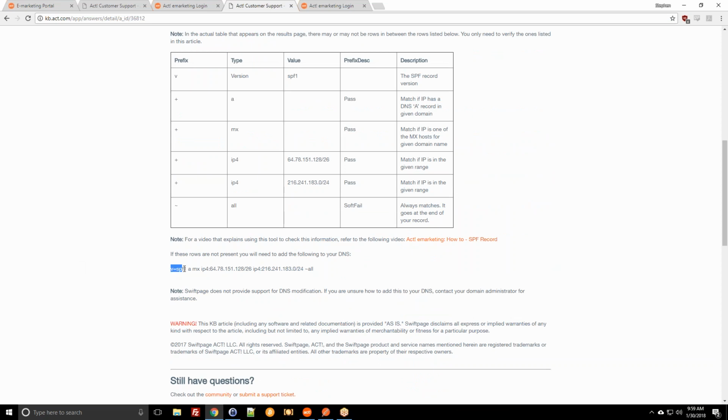It is a rule right here, this line, which actually has a set of IP address ranges for SwiftPage's e-marketing servers, that essentially says that any emails originating from this server are legitimate and valid, and it will improve your deliverability tremendously. Otherwise, if you do not do this SPF record,